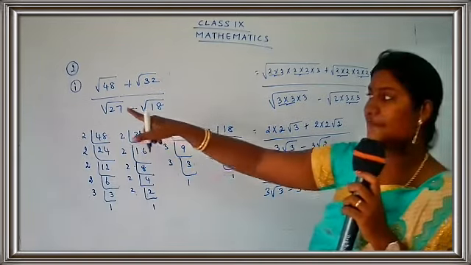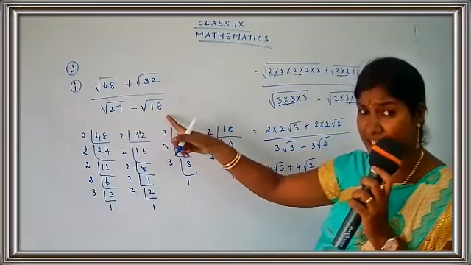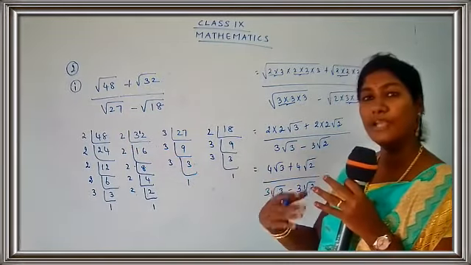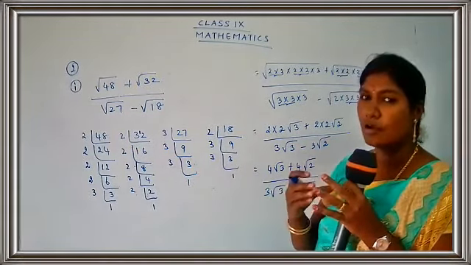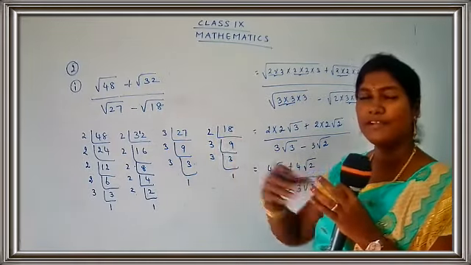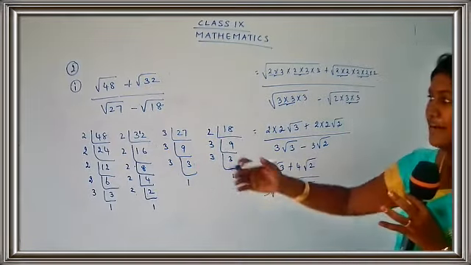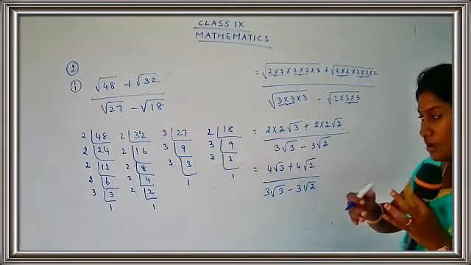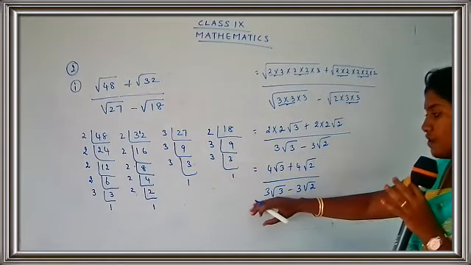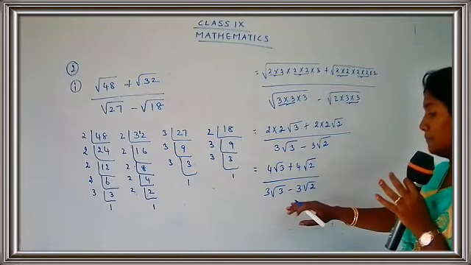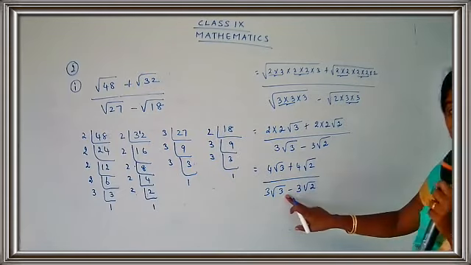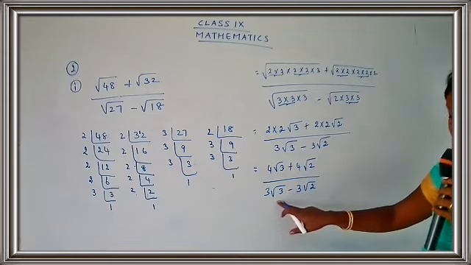Now here we started with root 27 and root 18. So the calculation would be not much complicated, but here we would have some bigger numbers. So what we have done, we have just simplified them into smaller terms. So we have just got it as 3 root 3 minus 3 root 2. So I'm going to take the conjugate over here. I'm going to take the conjugate, children.